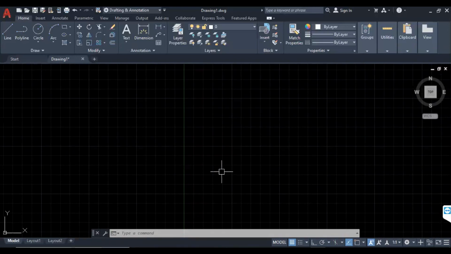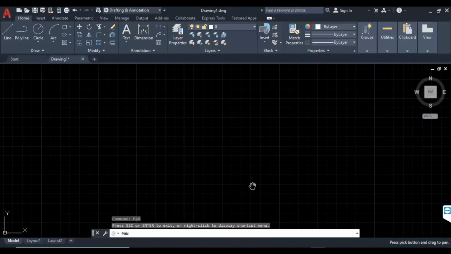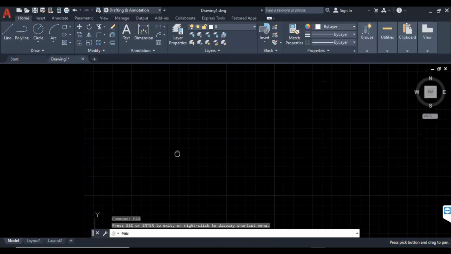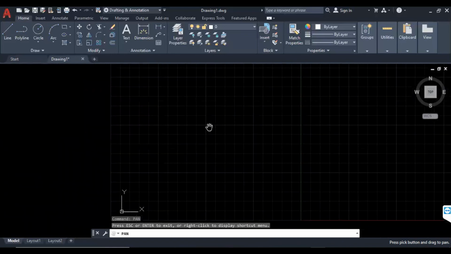Or else simply type PAN, enter. Select the left click button, try to translate, and leave it. That's about the pan option.